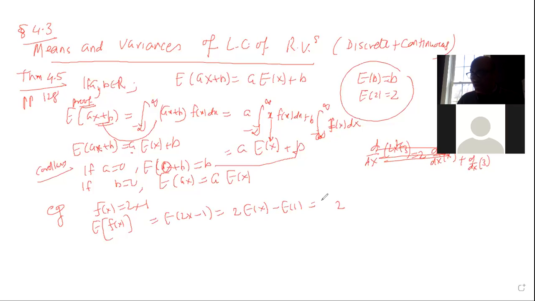The expected value of 1 is simply 1, but I need to find the expected value of x for this function. I can say like this: the expected value of x, you can write mu, because that's the mean, is equal to the summation of x times f(x), and x runs from